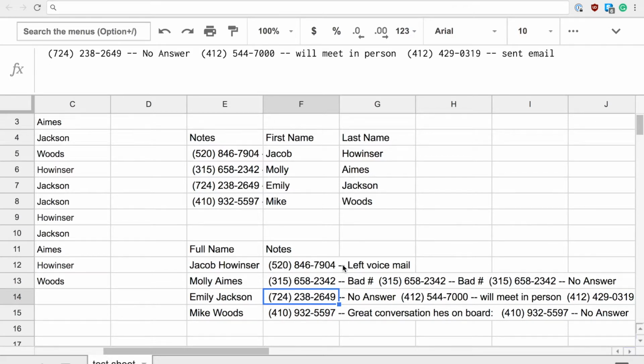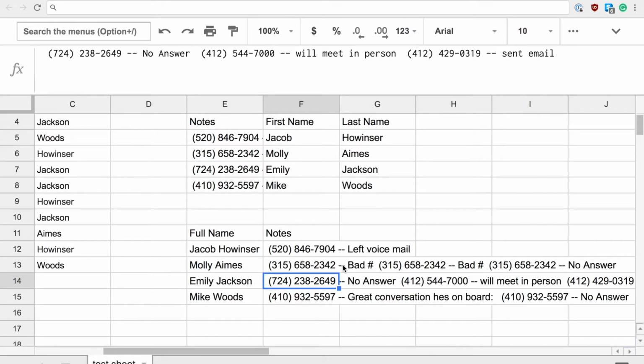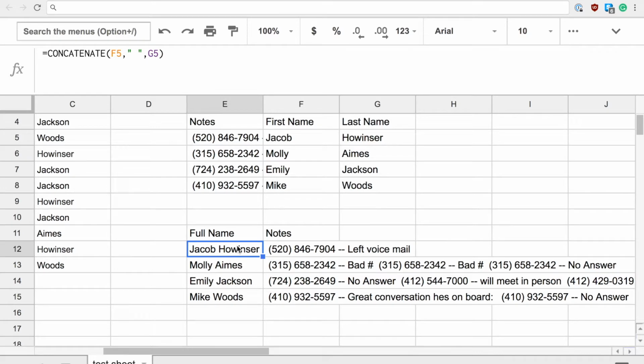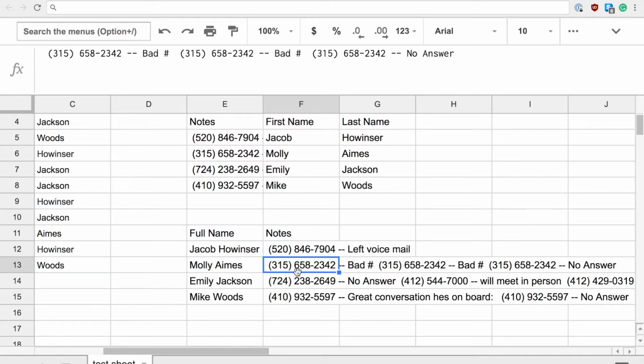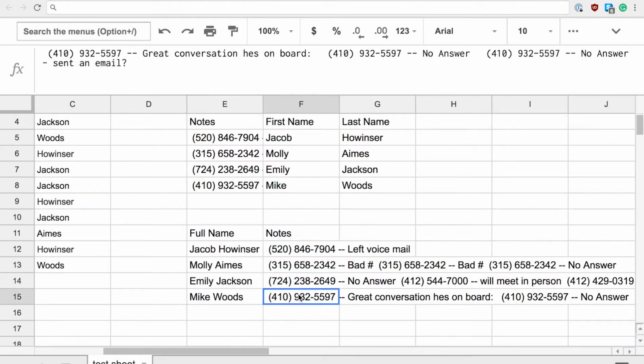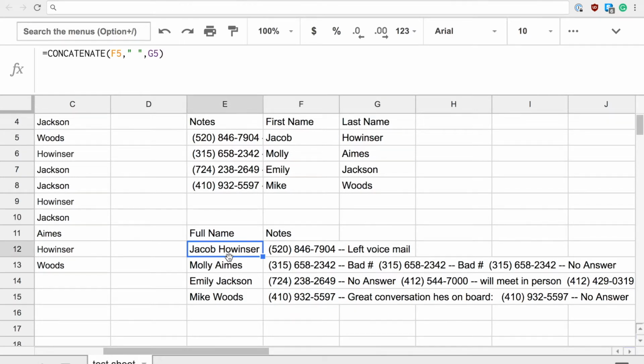Now, a couple of pro tips, I guess you would say. If we wanted to copy this, right? If we click into our notes section, we see the actual notes here that are popping up. But if we click into the concatenated names, they aren't there. It's just this function of concatenate F7, G7, concatenate F6, or whichever case it may be. So if you try to copy this